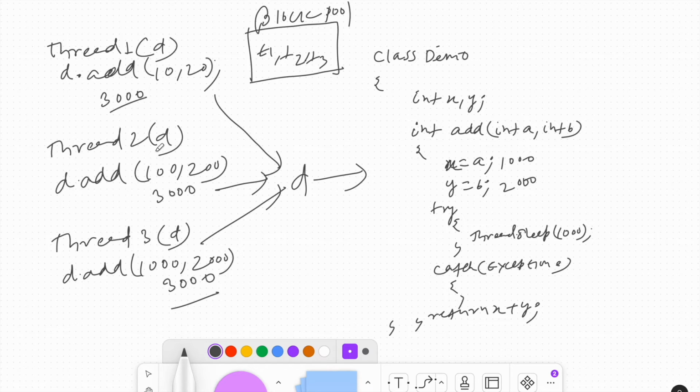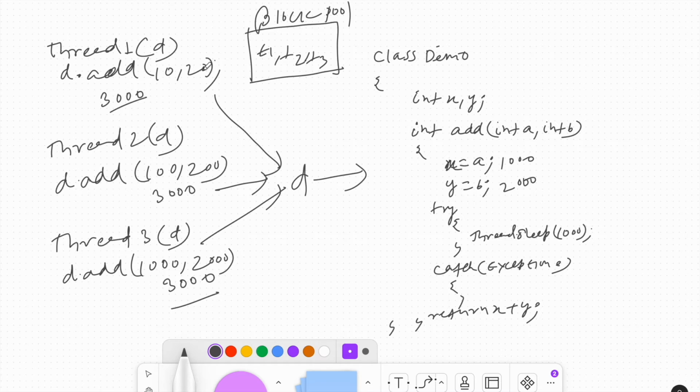How did it happen? It is possible that if all the threads are sharing the same object, then when a thread goes into the block pool, other threads might get the cycles of the processor and execute their statements first, and then the other thread will execute its statements. I just tried to explain a hypothetical situation that won't be the case every time, but it may happen.